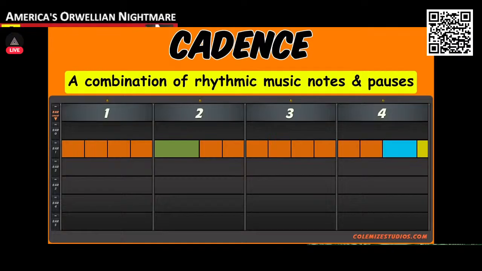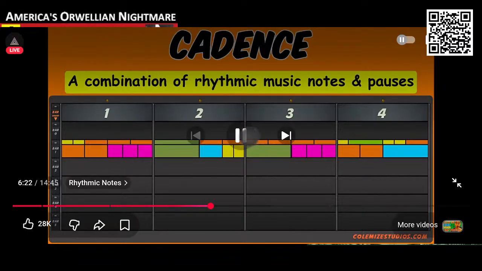Now when you're learning to rap, learning the 4, 8, and 16th count is a great place to start. But once you nail these down, it's time to advance to learning something known as cadences. A cadence is the use of a combination of different rhythmic music notes and pauses to create interesting musical patterns which drive our lyrics and make them sound awesome.